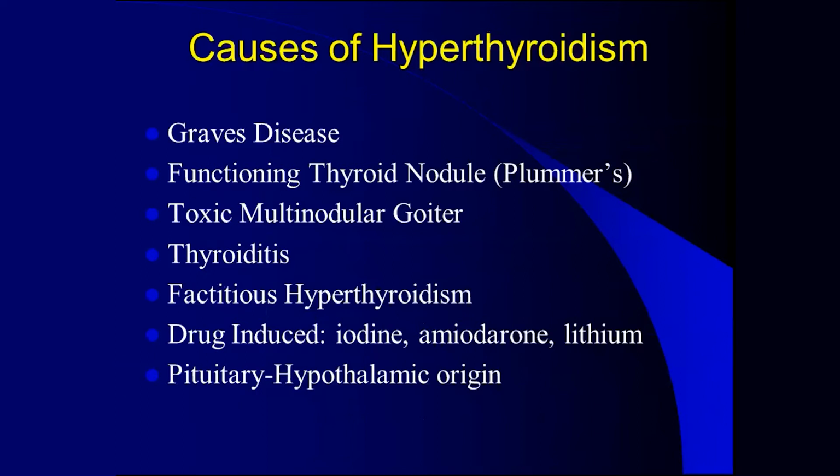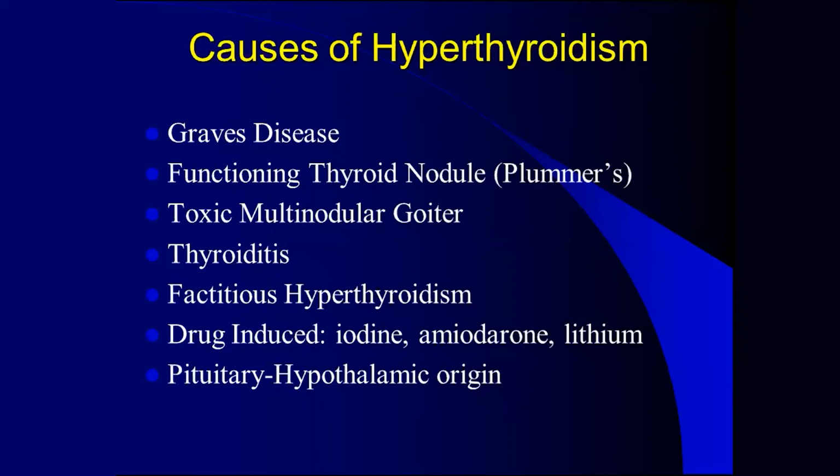So now, next, coming to causes of hyperthyroidism, there is Graves' disease or diffuse thyroid enhancement, or there could be Plummer's disease or functioning solitary thyroid nodule. We could have toxic multinodular goiter. We could see hyperthyroidism in cases of thyroiditis. There could be factitious hyperthyroidism, especially in overtreated patients with subclinical hypothyroidism. Also, hyperthyroidism could be drug-induced either through iodine, amiodarone, or lithium, or we could have secondary hyperthyroidism of the pituitary